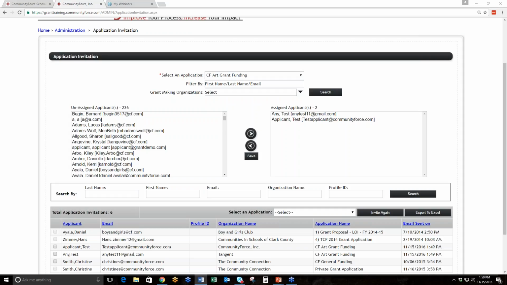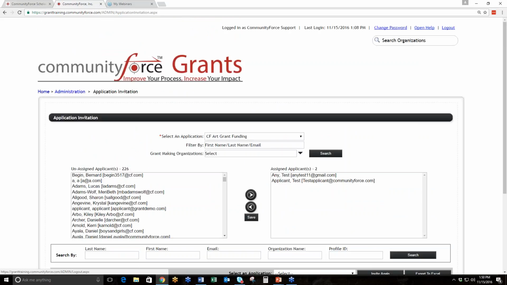But they have to click that link in the email to be able to see that application form. If they just come to the site, don't click the link and click the login, log in, they will not see that in the search return of applications. They have to click on the link in order to access the application form and then log in from that link. That's one way. The second way, the second setting in site settings, what it does is the applicant, when